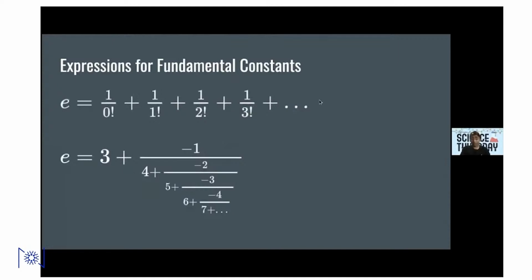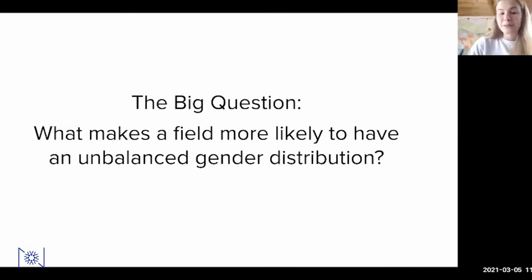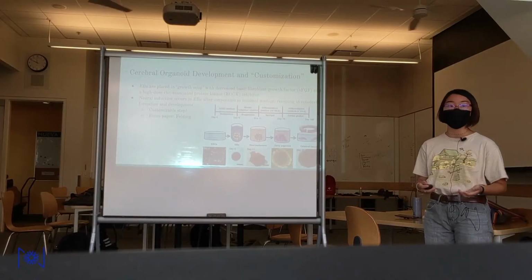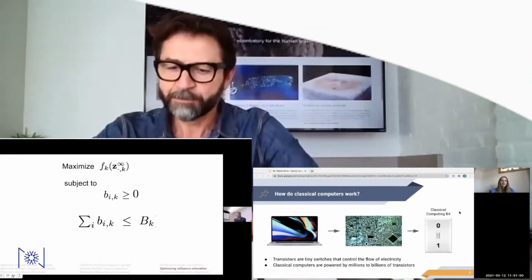Here's some for E as well. The one on the top here is one of the ways that you can define E. What makes a field more likely to have an unbalanced gender distribution? So this can be, like, in the case of this paper, gyrification or brain folds. A neuroscientist started to look at the brain as like the more as an